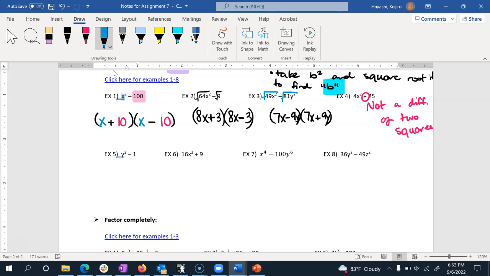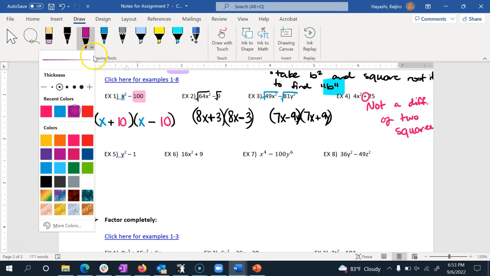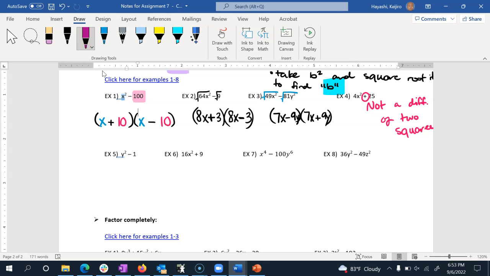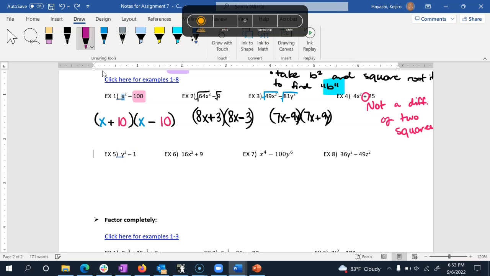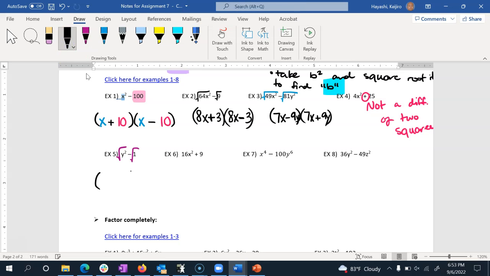All right, see, 3 of the remaining ones are differences of two squares. Is y squared minus 1 a difference of two squares? Yeah, okay. Let's see, to find out what our term should start with, what's the square root of y squared? Just a plain y. So that goes in the front of each of these. What's the square root of 1? 1. One of the factors gets a plus, the other one gets a minus. Make sure you don't write two pluses or two minuses or anything like